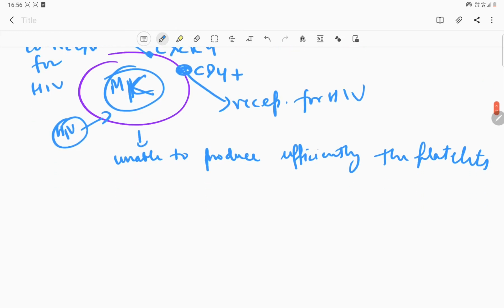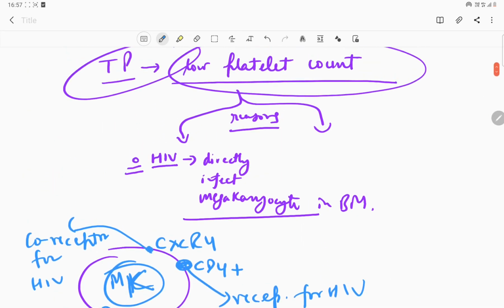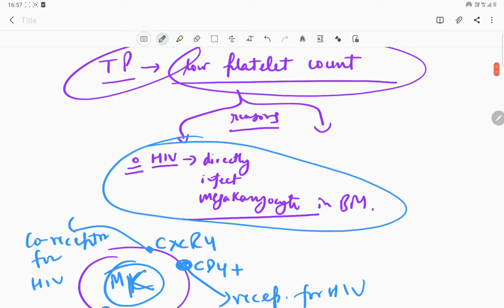So in this way, the platelet count decreases in the body, that is the HIV associated thrombocytopenia. This is the first mechanism. The second mechanism by which thrombocytopenia occurs in HIV